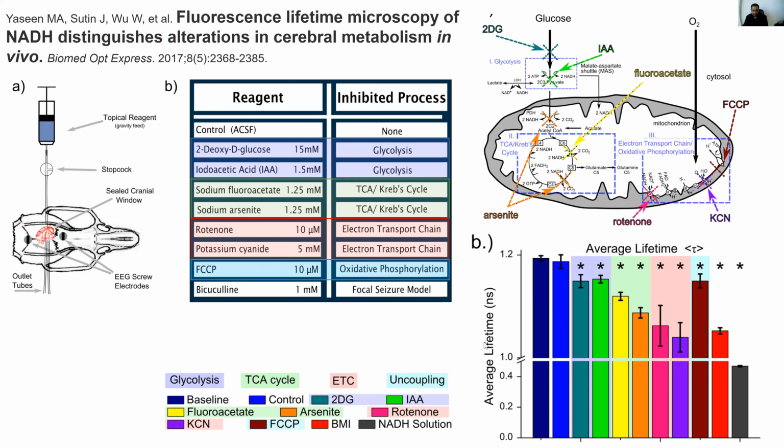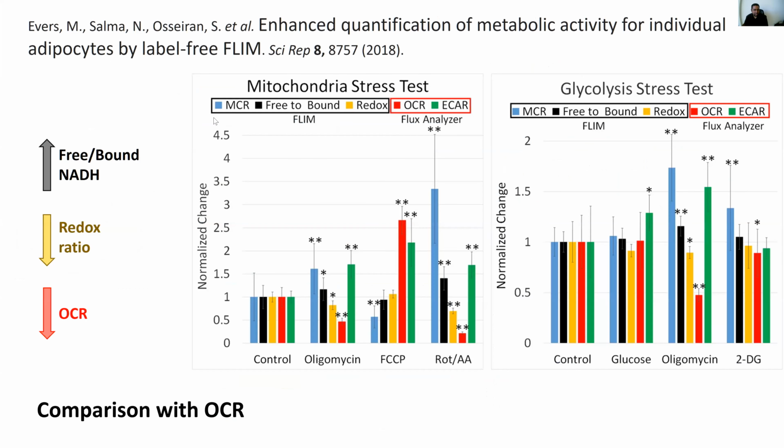But if you look at the average lifetime, and this is again just looking at average lifetime, between the samples where glycolysis is blocked, it has a longer average lifetime. But if you block the TCA, the lifetime goes away. If you block the electron transport chain, it goes to the lowest. And then if you uncouple them, by using FCCP, it actually goes back to the level here. So that's sort of, again, another validation that this works. A validation compared to